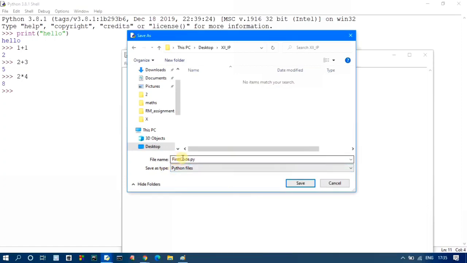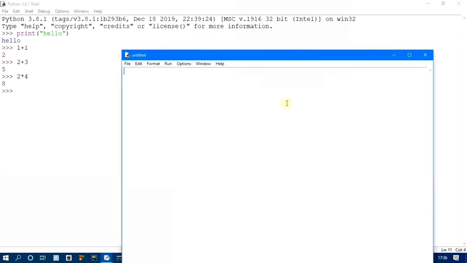Okay, so you wrote the file name, any file name, first code.py. File name must not contain any space, like first space code, that is not applicable. Without a space the file name should be there. Should I write first code, and whatever file name I keep, as you feel better, whatever you write as your file name. So I am writing first code.py. .py is fixed, and save as type must be Python files. So I click on save. My file is saved. You can see the title of the file now, first code.py.